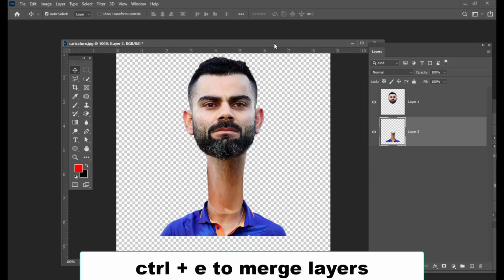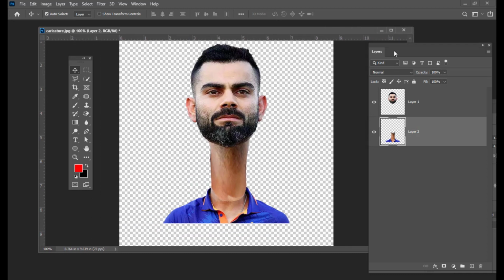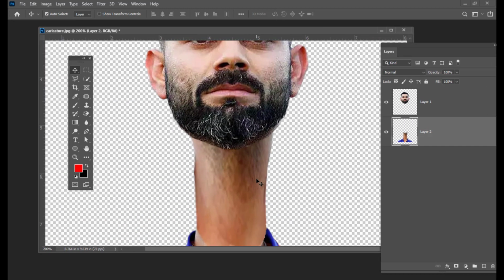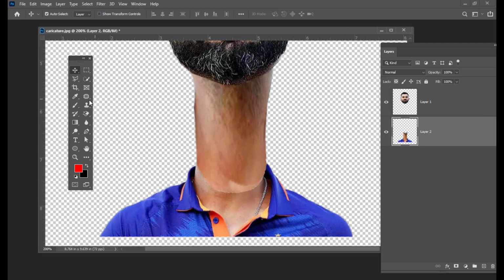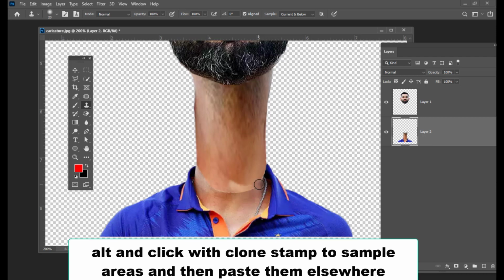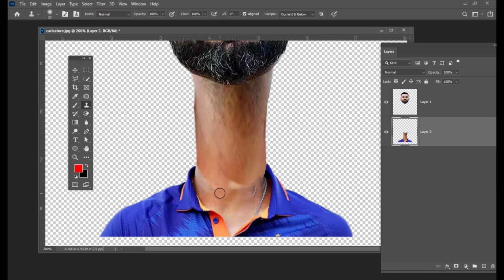Then we will try to remove the seam here. We got a seam here, and we don't want it. So we will use the clone stamp tool and sample this area by using Alt and clicking on this area, and we will cover up the seam. So we will remove the seam actually. Once you have removed the seam,